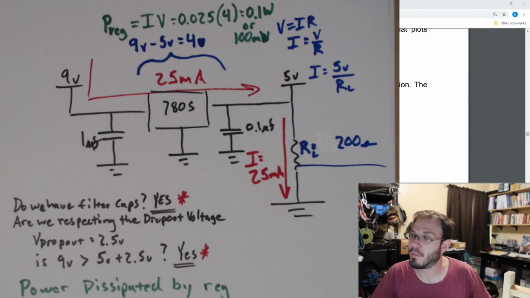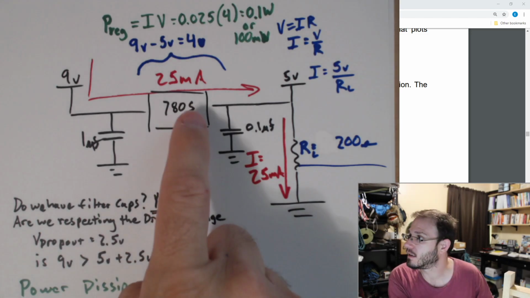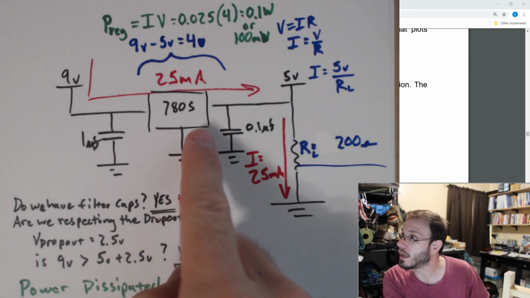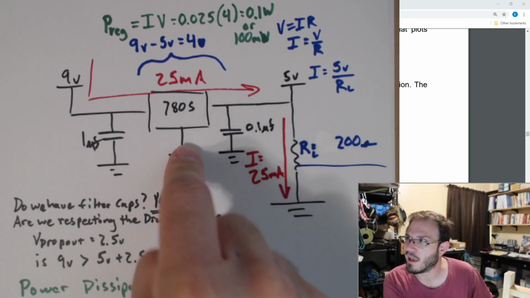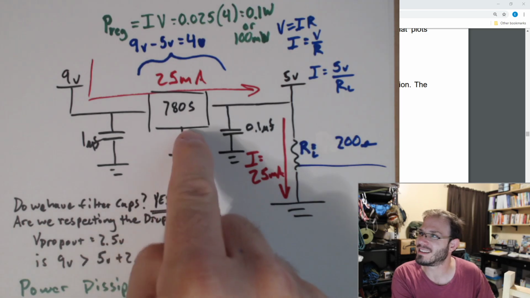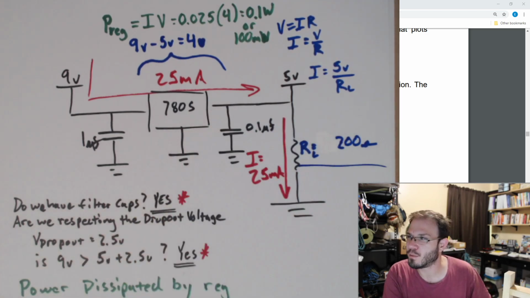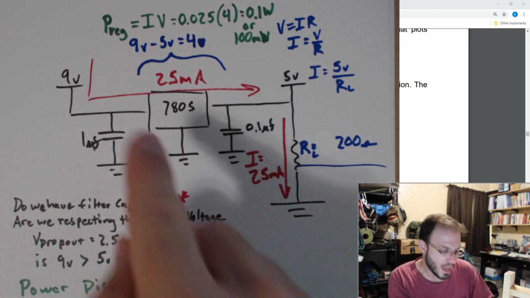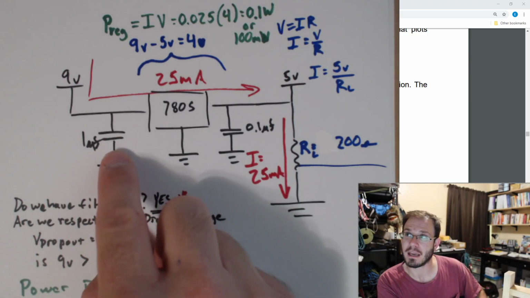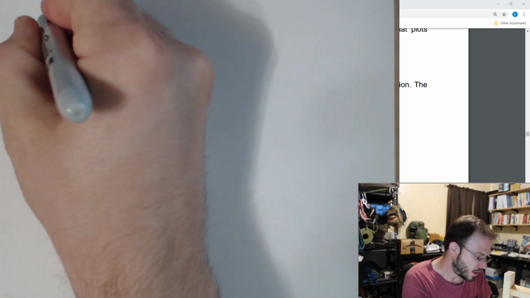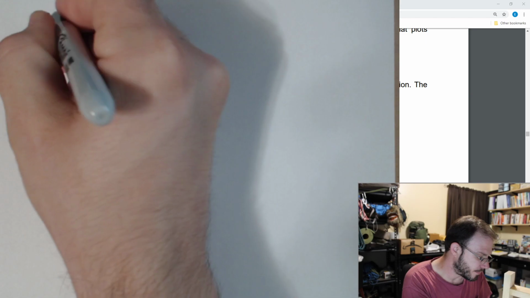This output capacitor is needed for stability of the feedback loop that causes this guy to work in the first place. So I'm going to actually have to show at least a high level overview of what this part does on the inside for this to even make any sense. I can probably explain the purpose for this cap here right now, which is if we go ahead and set up